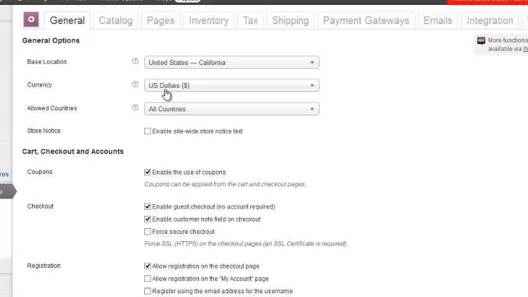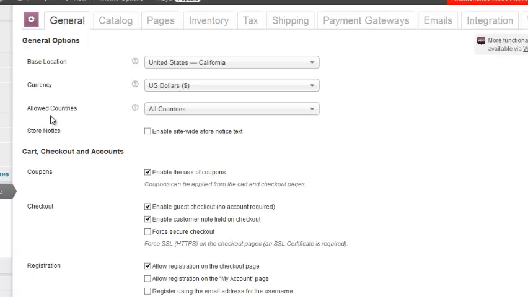Second point about currency is that you may be asking, well, I want to show multiple currencies on my site. I'm a global site and I want to show multiple currencies depending on what country they're from and all that. Well, out of the box, you can't do that, but there are extensions out there and different things that you can do to set that sort of thing up. So key point is that by default, it's probably not going to be your country. That's the base location and currency. And so you're going to want to make sure that under settings that it's set up properly.